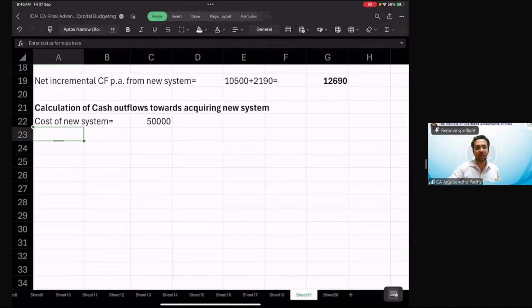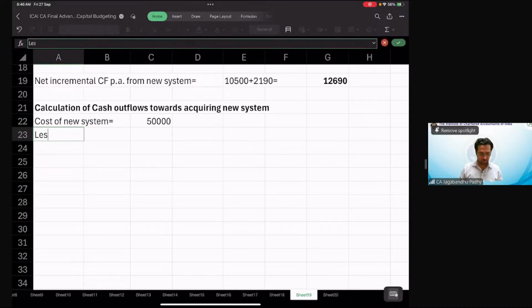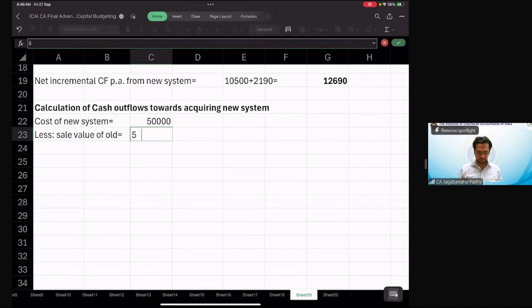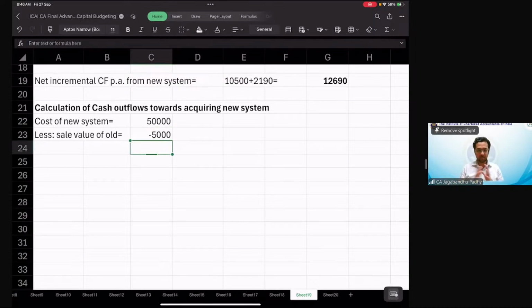From that, we are going to reduce the sale value of the old system. So the old system that we have, can I say we're going to replace it? So we are going to sell it off. What is the price at which we are going to sell the old system? 5,000, correct? So can I say I need not pay the entire 50,000, but rather I'll be paying only 5,000. Okay. One more impact is